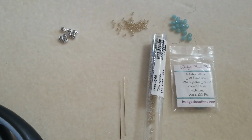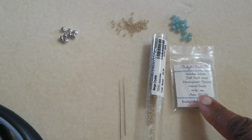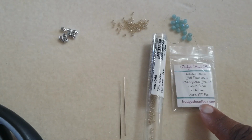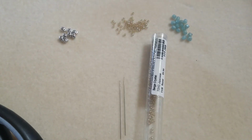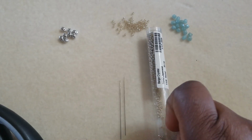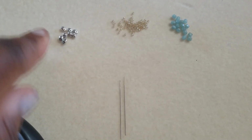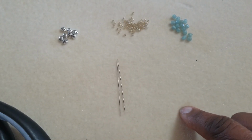For today's video, I'll use my 4x4x4 cuboid beads, and it's a jadeite full pearl luster bead, and I got it from Budget Bead Box. I'm going to use my Toho size 11 beige crystal seed beads, SuperDuo beads, 2 size 10 beading needles, my bead board,